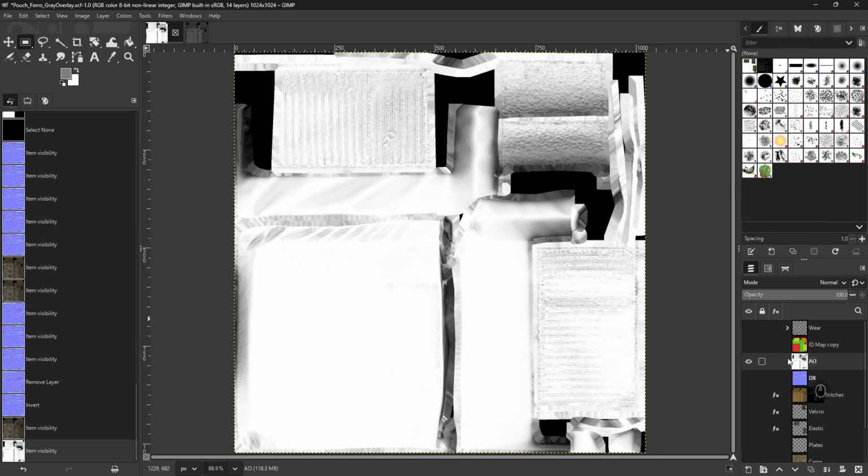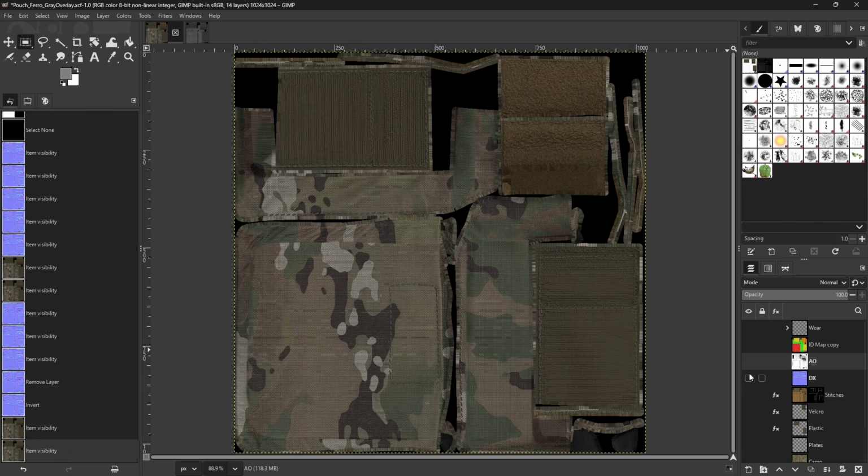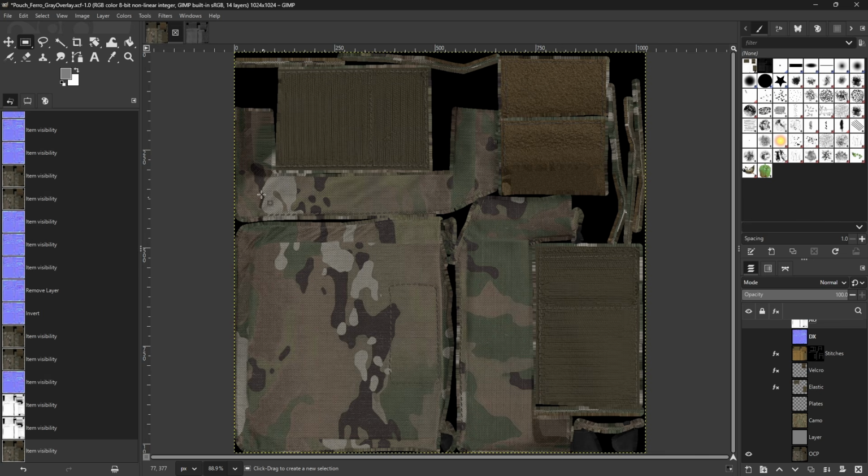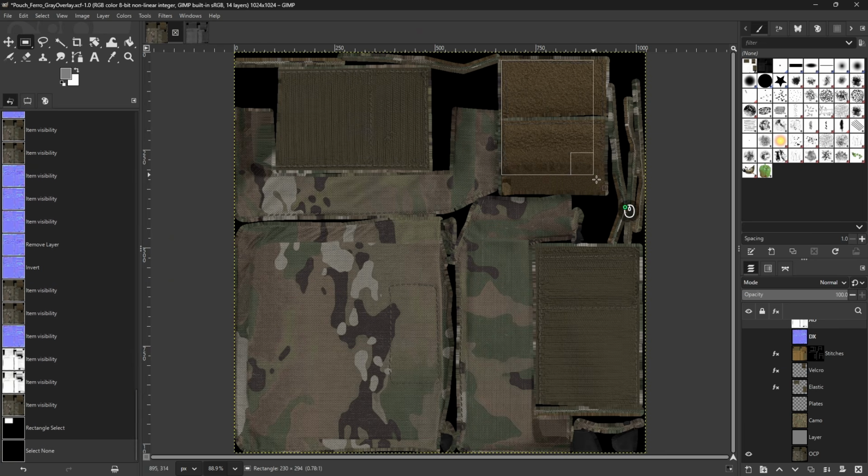And then here's the ambient occlusion. This is usually default across games, so you don't have to change it. We're going to use these two textures just to overlay on our retexture so we can add detail back. The reason we're doing this is because we can't easily remove the camouflage pattern from the texture. Thankfully, the elastic webbing and the Velcro here doesn't have any camouflage pattern applied to it, so it's going to